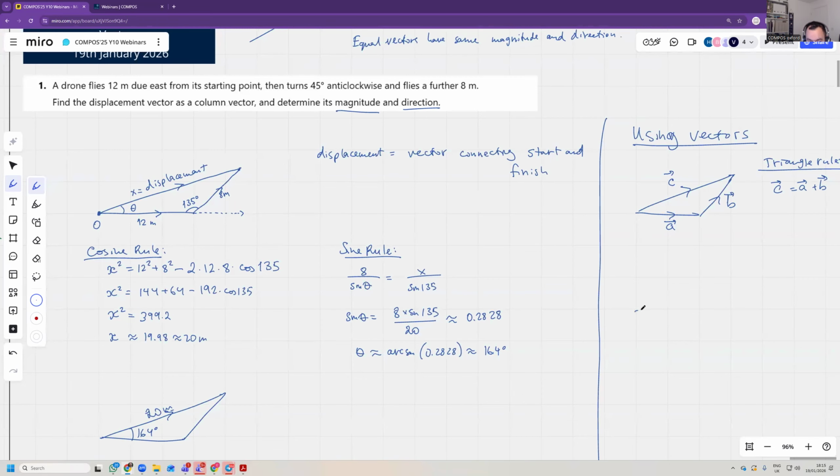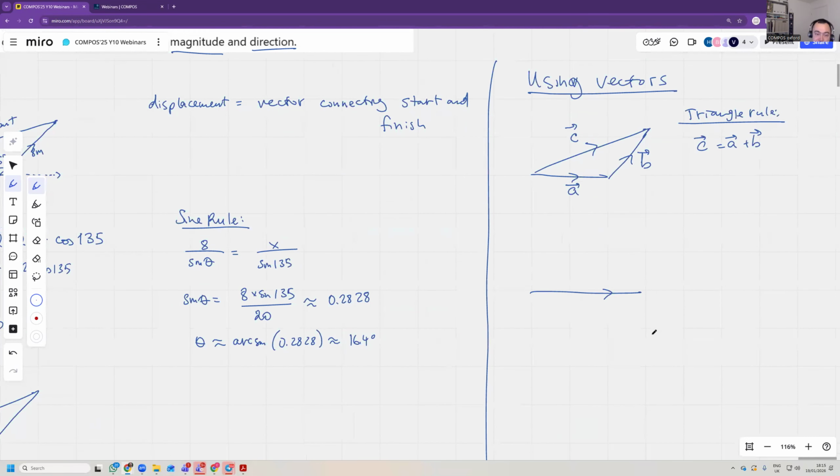So the first vector, this vector, is 12 to the right and 0 up. So the column vector corresponding to this vector is 12, 0. So 12 to the right, 0 up. The next vector,